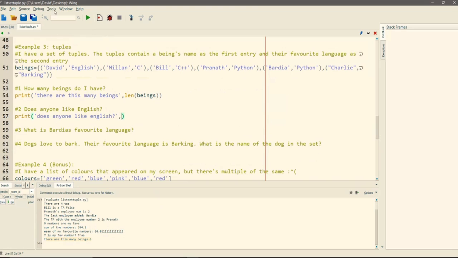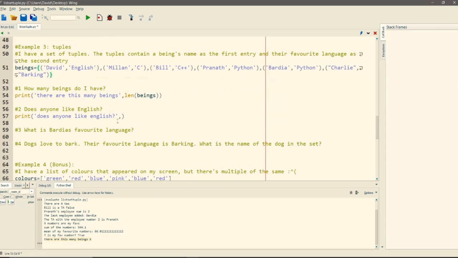Because we can't just use the in, because what we're looking for is English inside of a tuple inside of the set. Ooh, that's going to be annoying. And on top of that, who knows? Maybe someone named their being English, and that's a weird name, but you know, it's definitely a possibility.